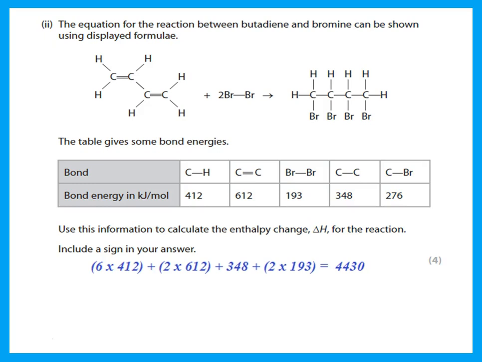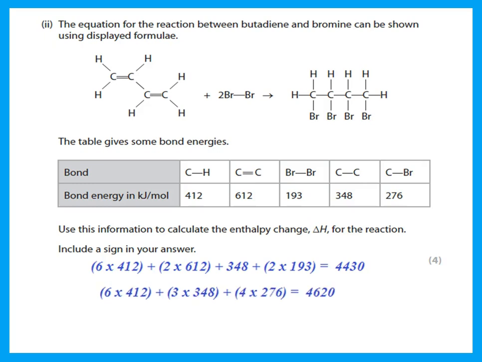Plus, what other bonds do I have? I have a C single bond C in the middle. So that is 348. And I have 2 Br-Br bonds that I need to break. So all of this is the amount of energy needed to break the bonds in the reactants. Now, what do we have in the